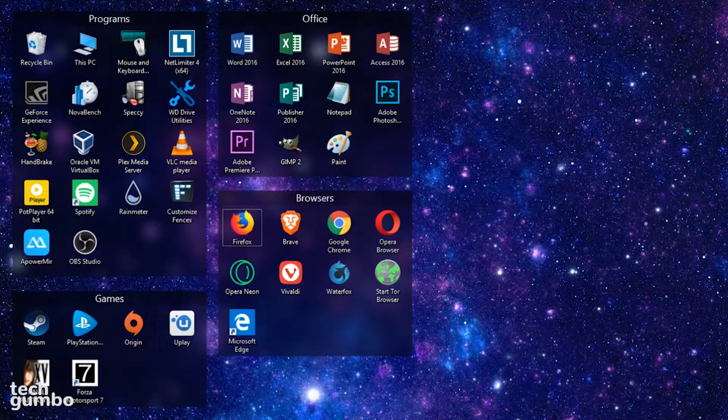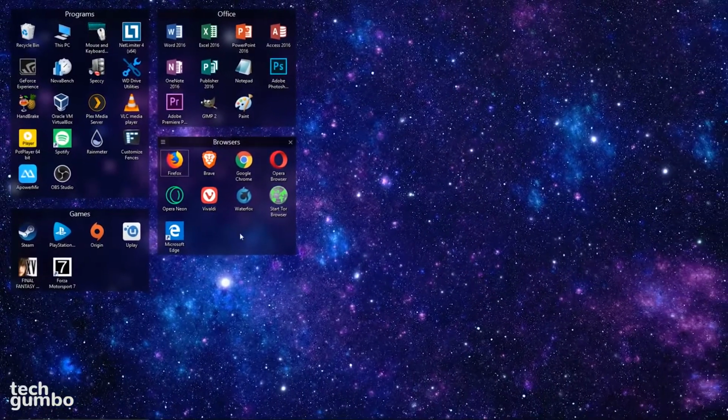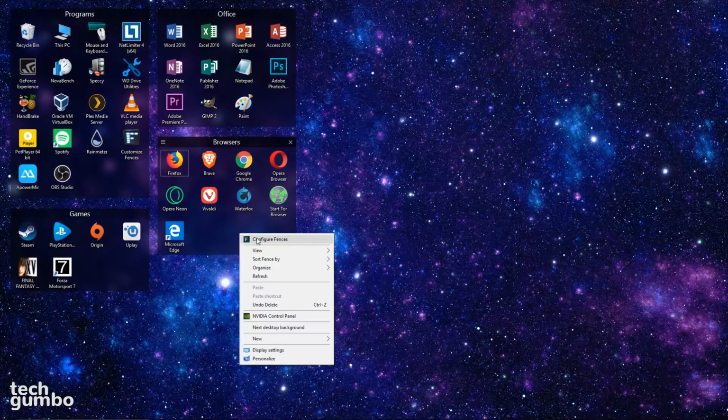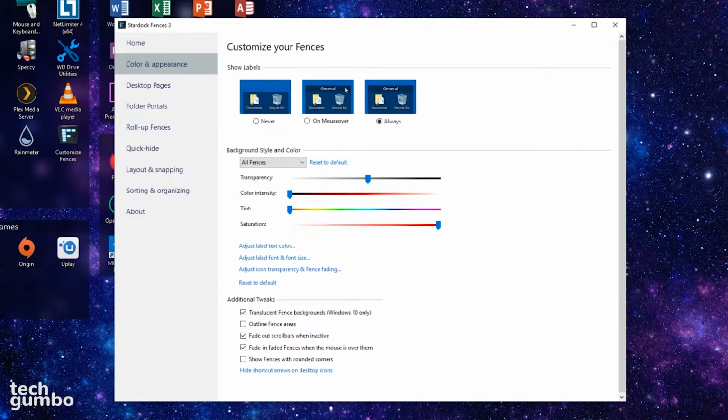Once they're in the fence, they won't leave unless you remove them. They'll even stay inside the fence when you update the drivers for your graphics card. Right-clicking inside of any fence and choosing Configure Fences will give you several customization settings that you can change. But I've always found that the default settings for most of these work pretty good, so I usually don't make